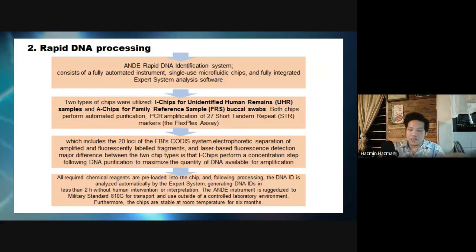So the major difference between the two chips is that the ice chip performs concentration-type DNA purification to maximize the DNA amplification. The machine will have the chemical reagents preloaded into the chip, followed by the system running easily. But the interesting fact is that the DNA ID is generated in less than 2 hours